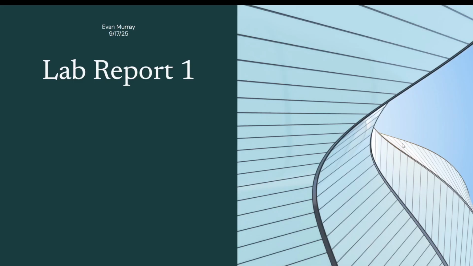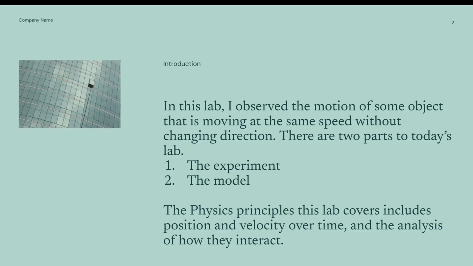Okay, let's get into it. Lab report one. In this lab, I observed the motion of some object, a marker, over time, where its speed and direction stayed constant. There were two main parts to today's lab, the experiment and my model. And the physics principles in this lab that I covered include position and velocity over time and the analysis of